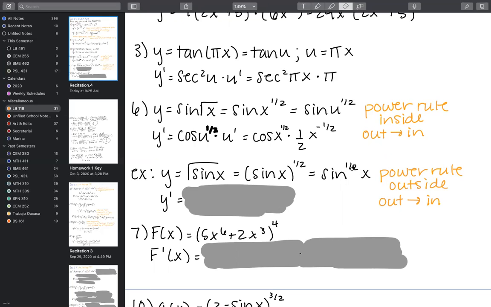And just because the 1/2 is here rather than on the outside, where it's a little bit more obvious, you can think to yourself, okay, this is all the way on the outside, I'm going to work my way into the trig function. You just got to remember that this 1/2 means the exact same thing. Okay, so we're going to do the power rule on the entire function first and keep the sine of x the same. So we're going to drop the 1/2, and then we're going to reduce the power by 1, and then we will multiply by the derivative of sine x, which is just cosine x. Does anyone have any questions on the difference between 6 and this example that I threw up?